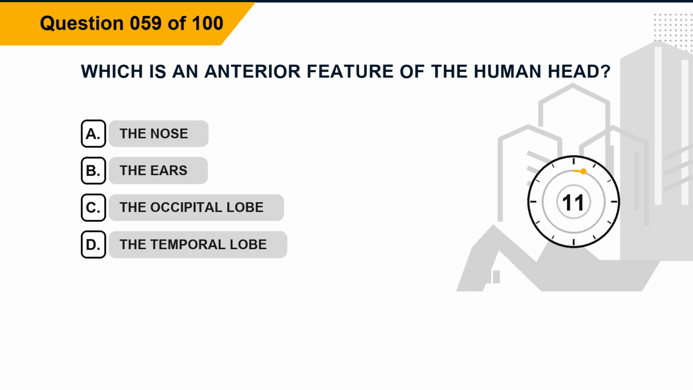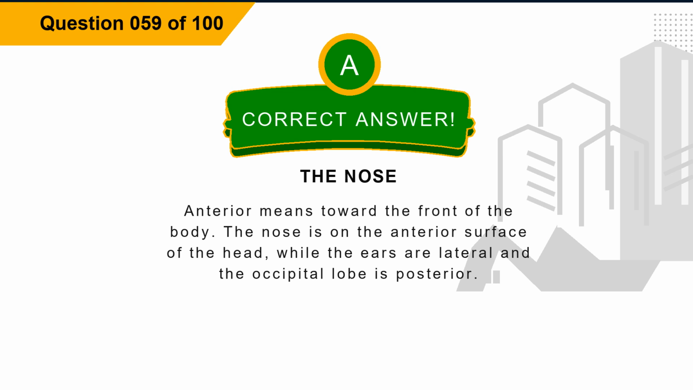Question 59. Which is an anterior feature of the human head? Option A, the nose. Option B, the ears. Option C, the occipital lobe. Option D, the temporal lobe. The correct answer is option A, the nose. Explanation. Anterior means toward the front of the body. The nose is on the anterior surface of the head, while the ears are lateral and the occipital lobe is